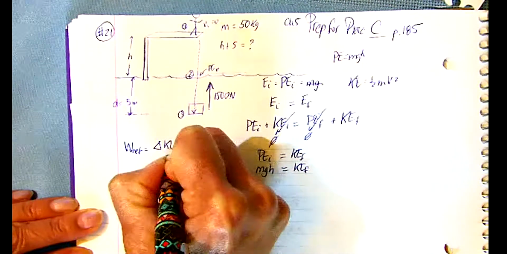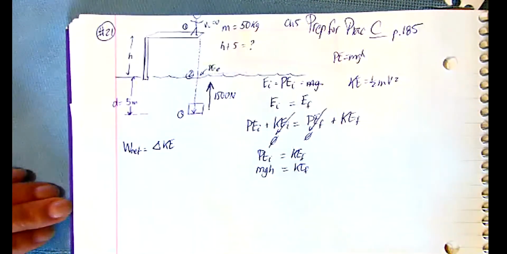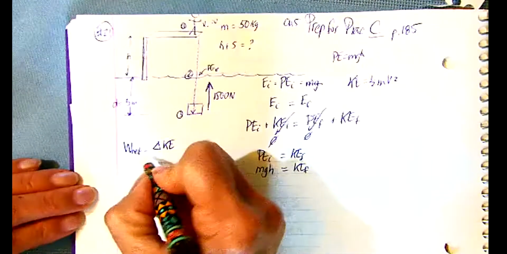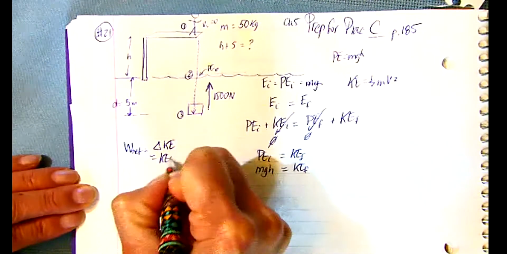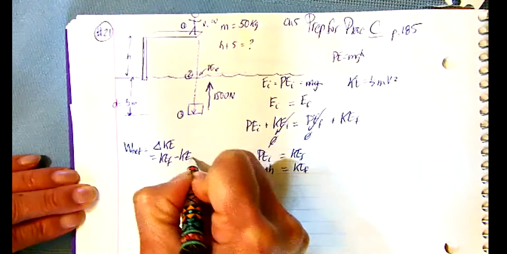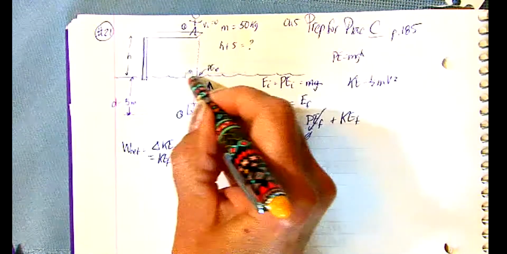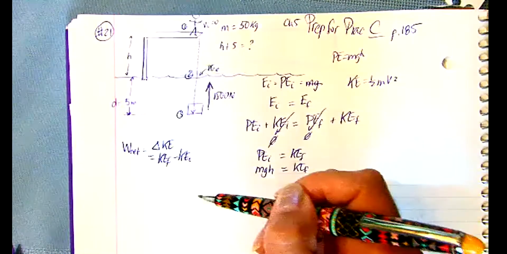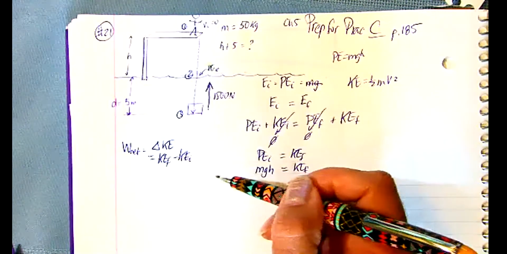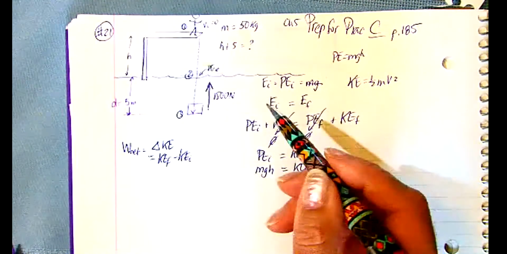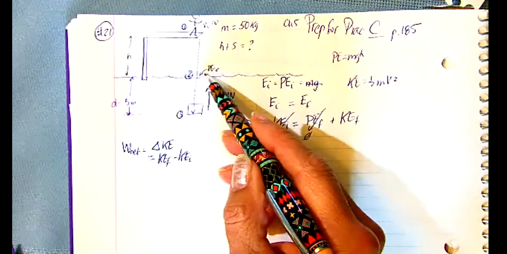The net work is the change in kinetic energy. It's the change in kinetic energy, which is the kinetic energy final minus the kinetic energy initial. All right? So now we're at phase 2. The phase 2 part starts right here and we're going to go down. So what happens here? We said that our kinetic energy final at this point,